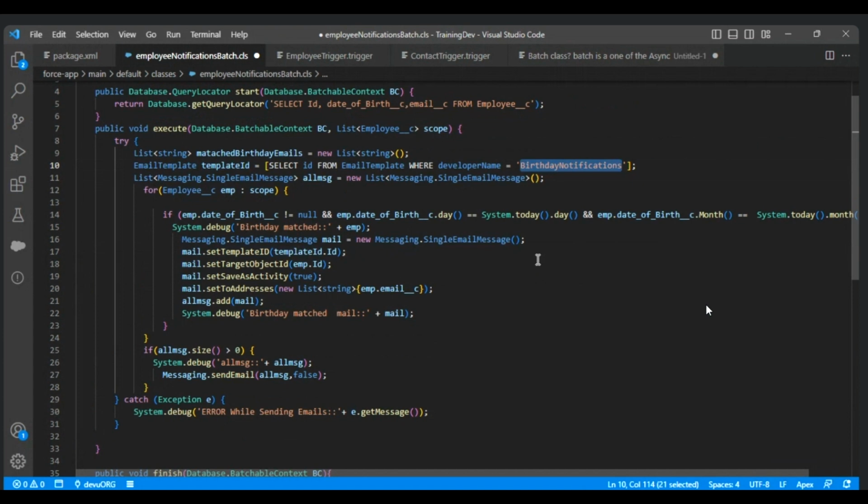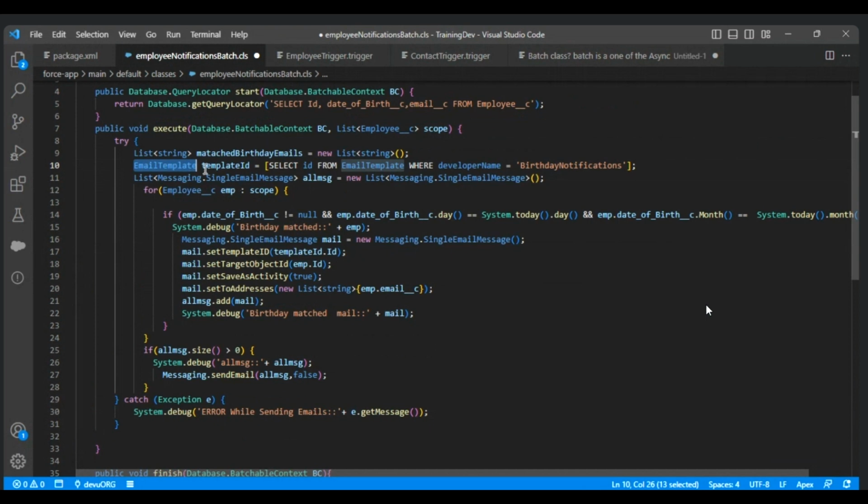But that's a long process, so for now, you can create that many templates over here. 1 year, 2 years, 3, 4, 5 years. 5 years completed templates you can create, and based on the number of years over here,